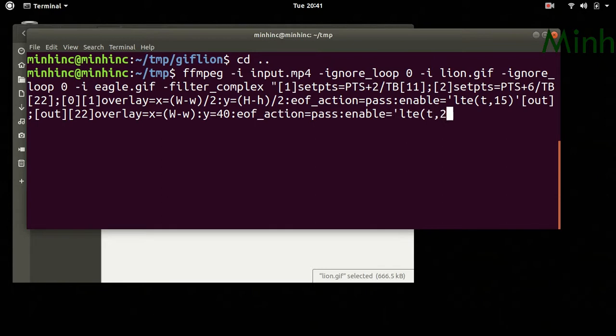It will run up to 25 or 20 seconds. That's it. First input, ignore_loop, second input, and then third input, setpts for the first, start at 2 seconds. Second setpts starts at 6 seconds. Overlay the first one, and then overlay the second one. That's it.